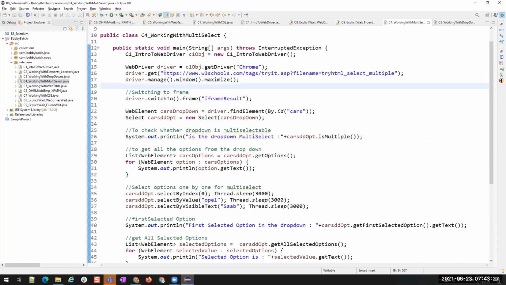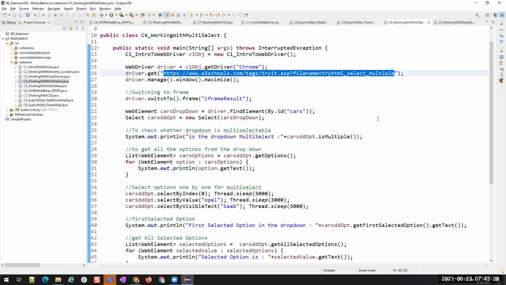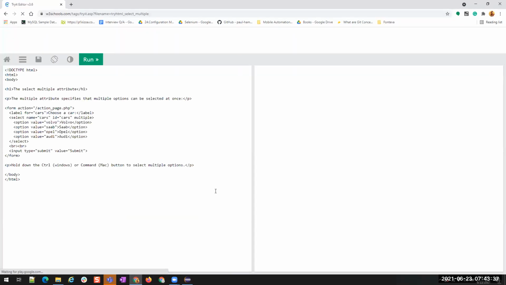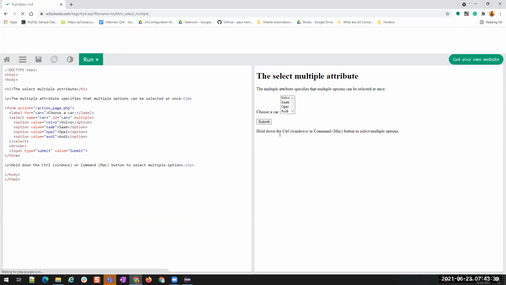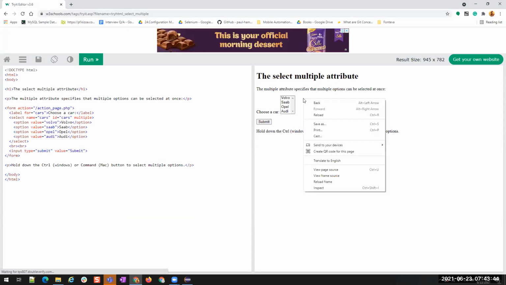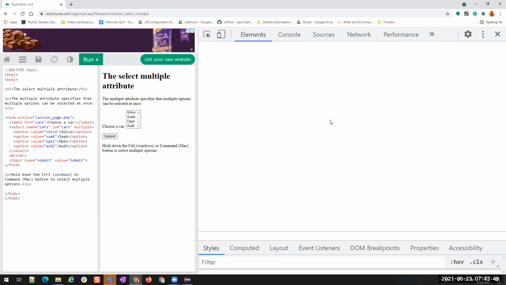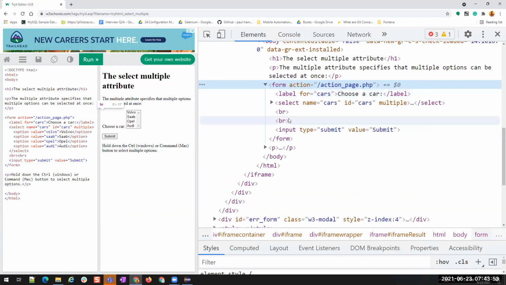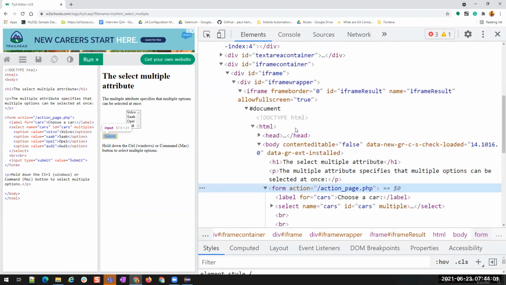Now let's go to this URL. Now we are going to discuss the frames concept. The code is in this place. If I right click and inspect, there won't be any change in the way you see the elements inside the HTML page, but there will be some extra elements added.